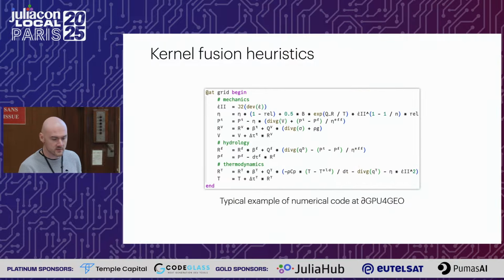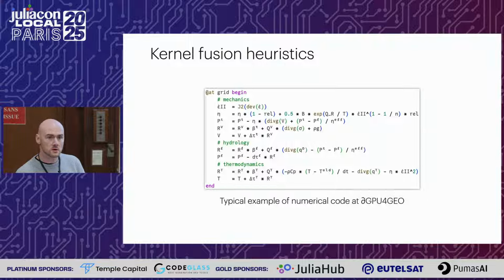Okay, and finally, when you have a fairly large code, a large algorithm, this is some hydromechanical coupled residual function, or update rule, that we use in JuliaGPU. It's simplified, but it gives the idea. When you just write down all these kernels, if you naively execute them one by one,